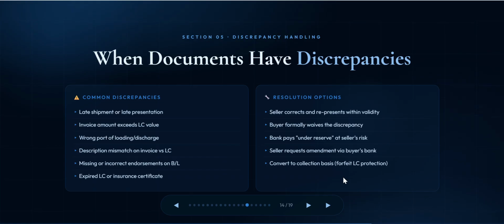And if the applicant approves, saying okay, I will accept these documents as presented, so the documents went on an approval basis, the ultimate protection under LC is lost. Now it is on the buyer's side when he is going to pay, because he is going to accept the discrepant documents. In those circumstances, the issuing bank may not be liable to pay because the documents are discrepant, right? So this should always be kept in mind, that if the documents are discrepant, the LC protection is actually